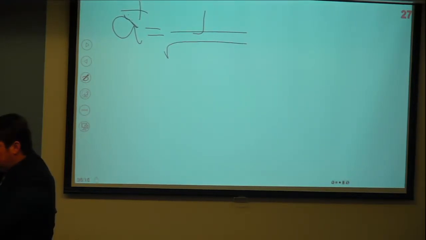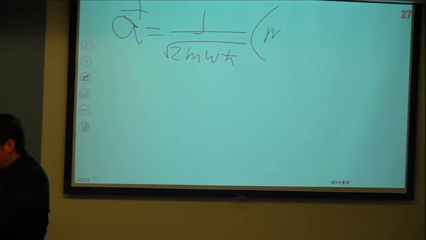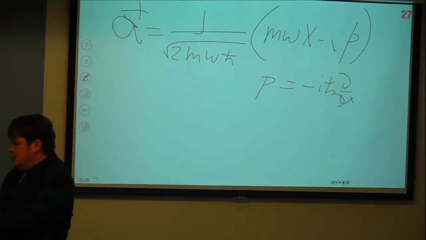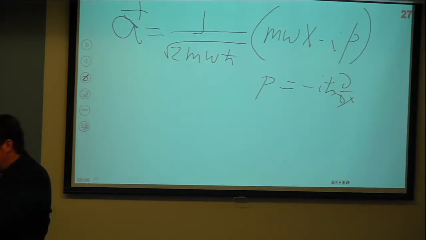It should be square root of everything we remember. Mass, frequency, h bar. Here it should be mass and frequency times x minus i d. And momentum is minus i h bar d/dx, right? No one objects. So we plug this in, and then we are getting